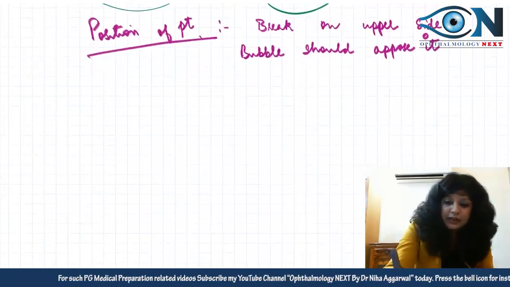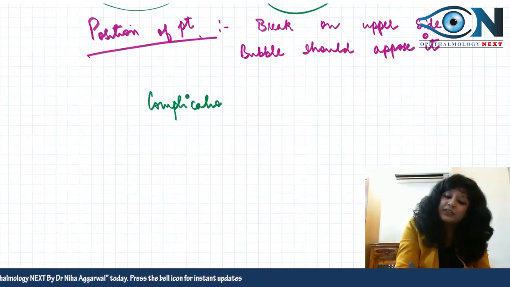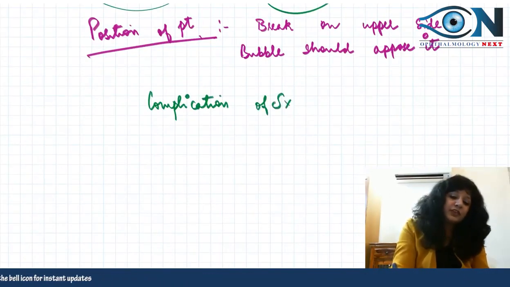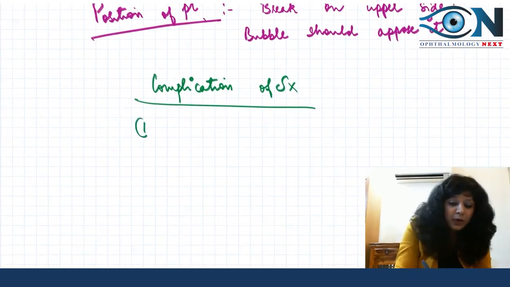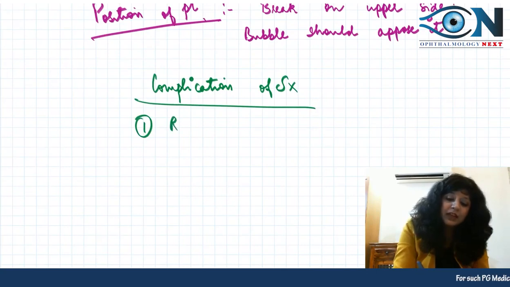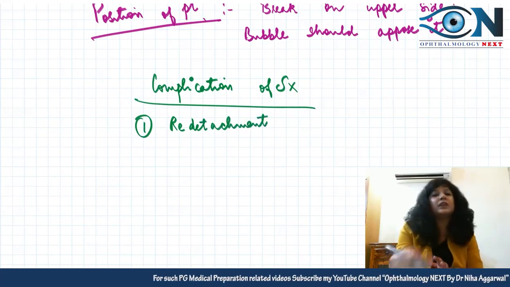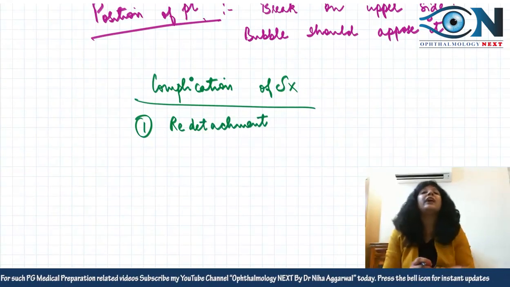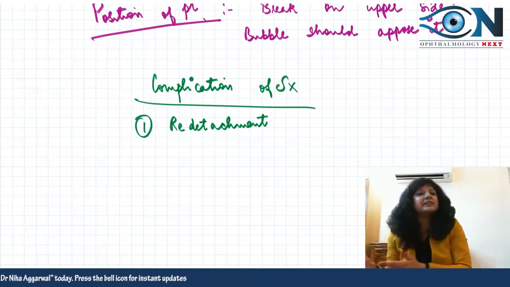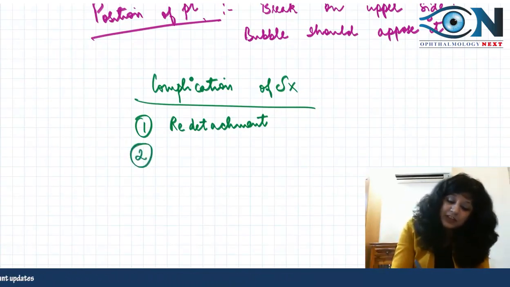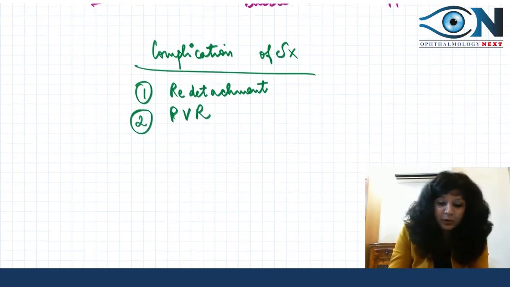whether the patient is actually doing this or not. Now another important thing, what are the complications? Though we are doing this surgery, there are complications of this surgery, like we had the complications of the cataract surgery. One more important thing is that there can be redetachment. I have seen so many cases where redetachment takes place 3 to 4 times in a year or even 6 months, and their vision goes down. Then second, the surgery has chances of going into PVR. That is a very important thing.